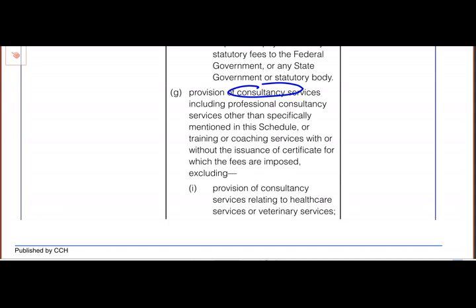They say, exclude if this is a consultancy fee to do with healthcare or veterinary service. So I think that one is a bit specific, so I highlight to you. So if you bring your pets, go and see the doctor, you realize that 6% is not there. Okay? Now,